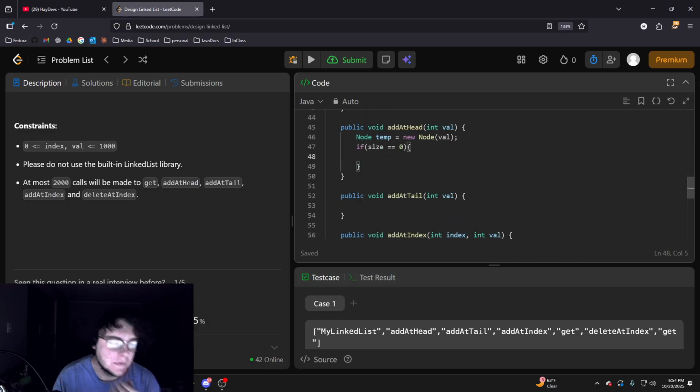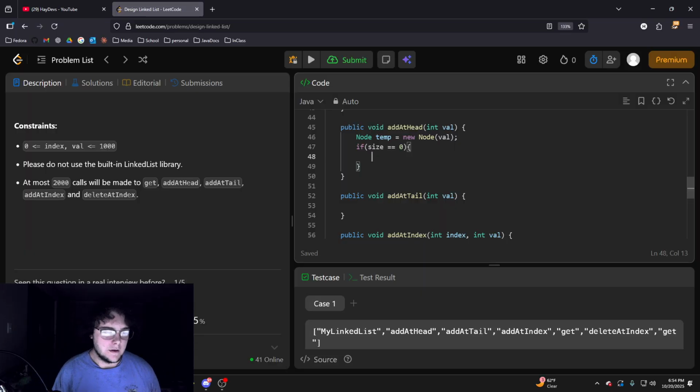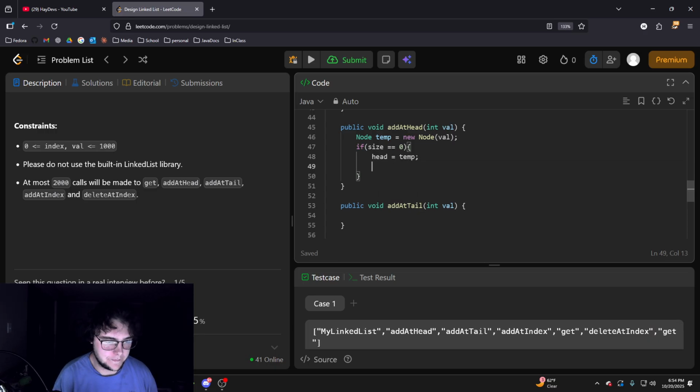Okay. So if size is equal to 0, we know that there's nothing in our list, right? So we want to make sure to set head equal to temp, and we want tail to be equal to temp. And then we want to increment size by 1. Else